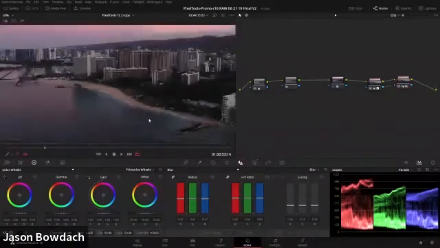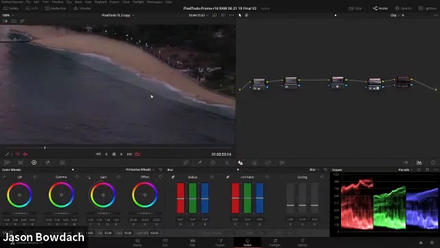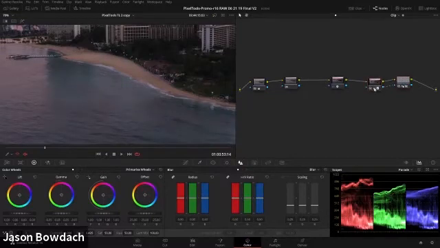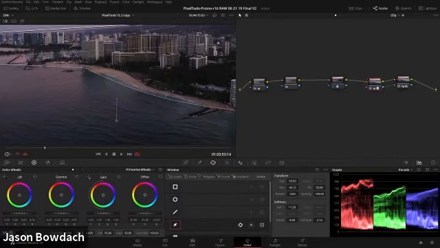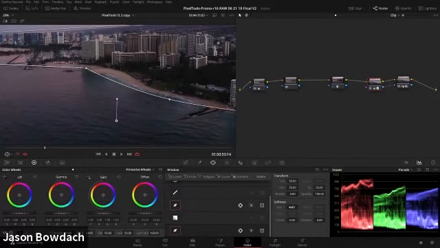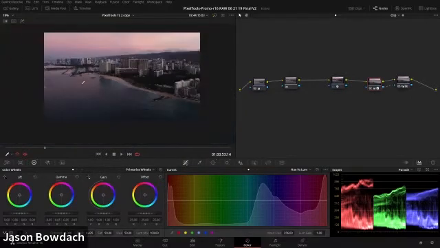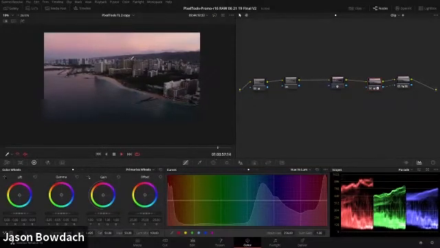So one of the issues that I see right here, if you zoom in, is I can see my mask is cutting in, something's cutting in right there. So what I need to do is go here and add some feathering, and add a little bit of softness so that it looks more natural. There we go. So if I play this clip back, my eyes are now going more towards the hotels.